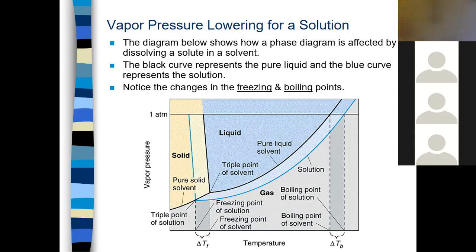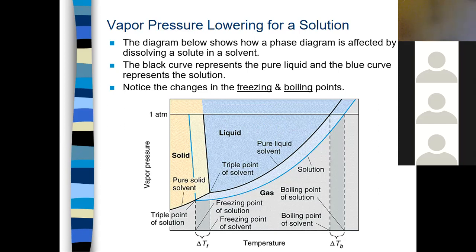If you dissolve a solute which is volatile, but it's less volatile than the solvent, then the overall vapor pressure will go down. If your solute is more volatile, for example, methanol is much more volatile than water. If you put methanol in water, the vapor pressure will go up because the evaporating methanol creates greater vapor pressure